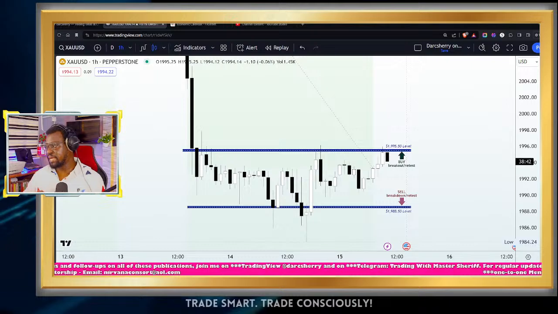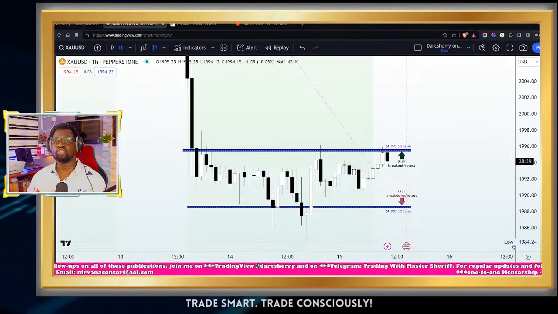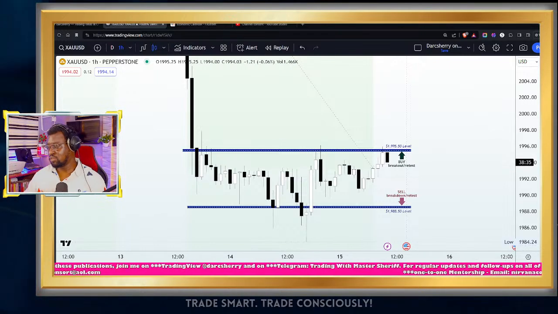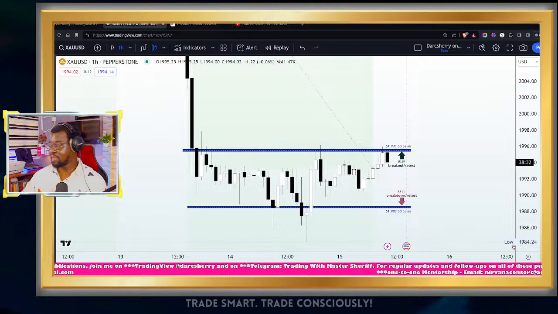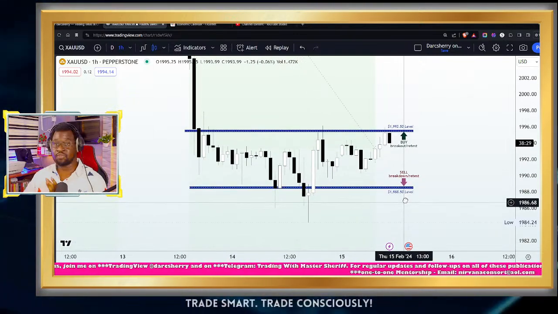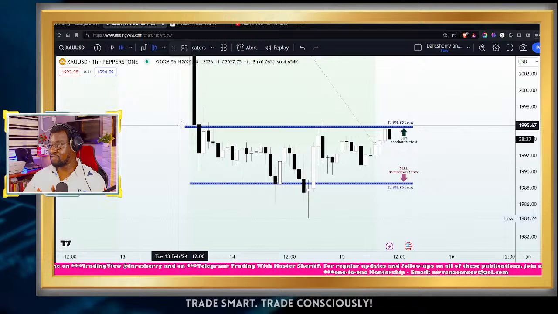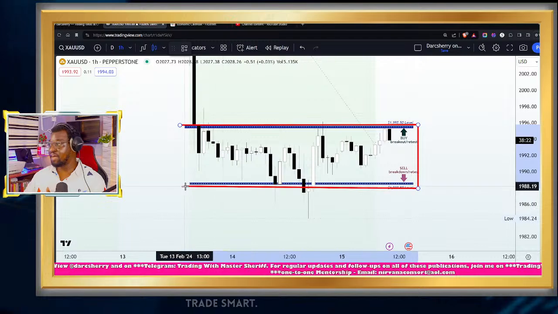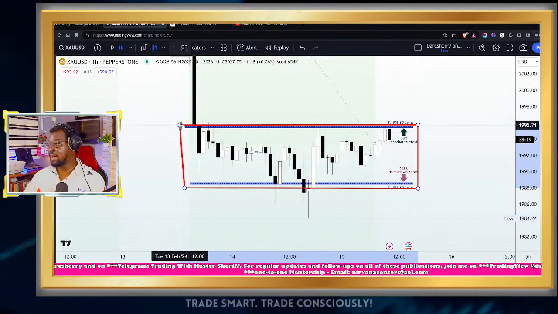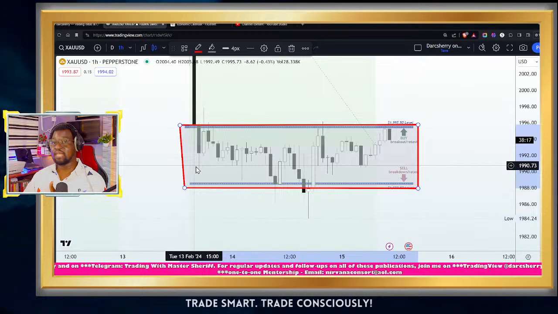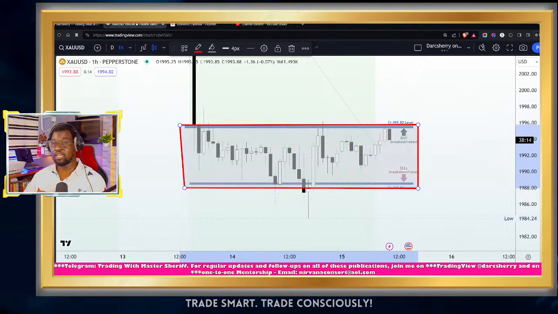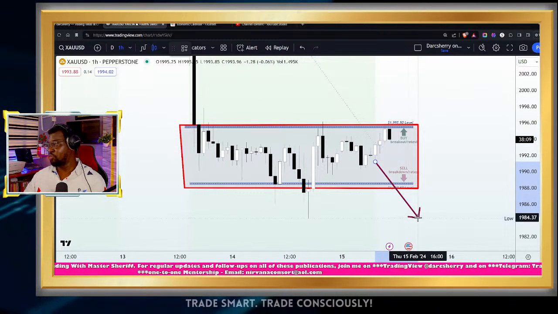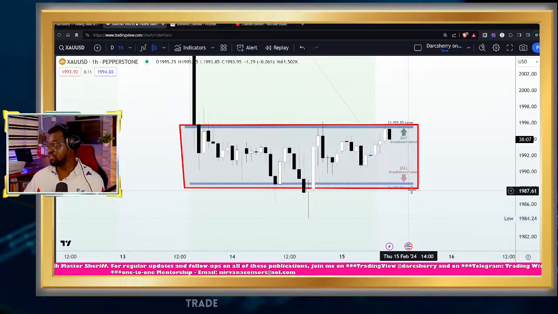So as it is right now, how do we intend to capitalize on the next move? How do we want to position ourselves for the next move? Well, first of all, you know how we use our ranges whenever we identify them on the chart. Whenever we have a range like this where price is confined within a specified zone, we usually exercise patience and wait for either a breakout of the resistance line to give us an opportunity to buy, or a breakdown of the support line to give us an opportunity to sell.